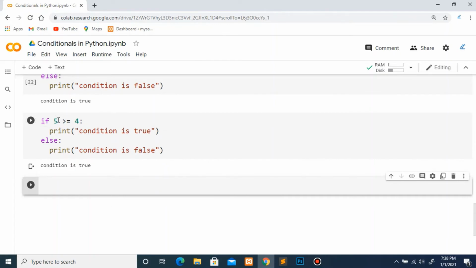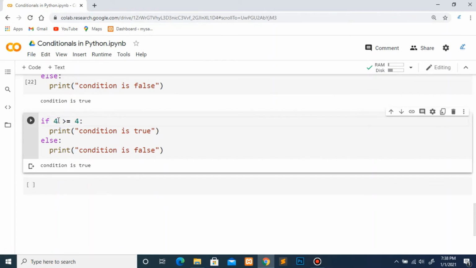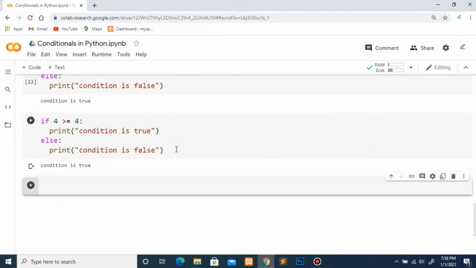But if I write 4 here, it will first check 4 is greater than 4. No, 4 can never be greater than 4. Then it will move to the equal operator and check 4 is equal to 4. Yes, 4 is equal to 4.